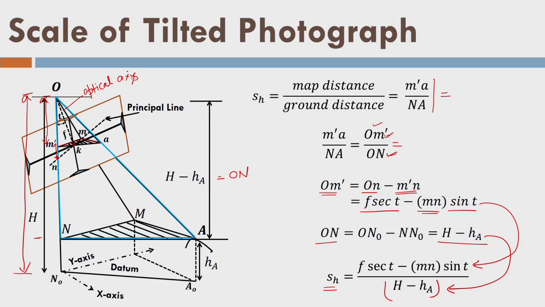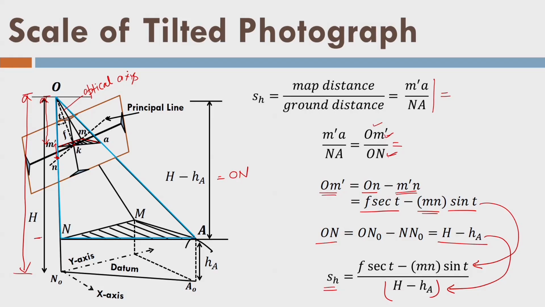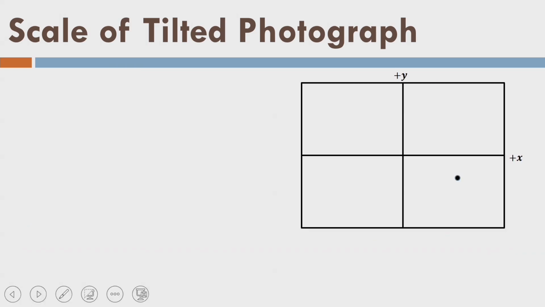Let us wait. If you go back to the photograph here, we have assumed that we are measuring these distances along the principal line. In fact, on a photograph, we do not measure anything on the principal line. It is just a concept. We measure with respect to the fiducial center only and the axes which are parallel to the edges of the photograph. Let us draw this here. Let us say point A, and that is nk and m. So, this angle is theta. So, this is y dash and now the x dash axis.